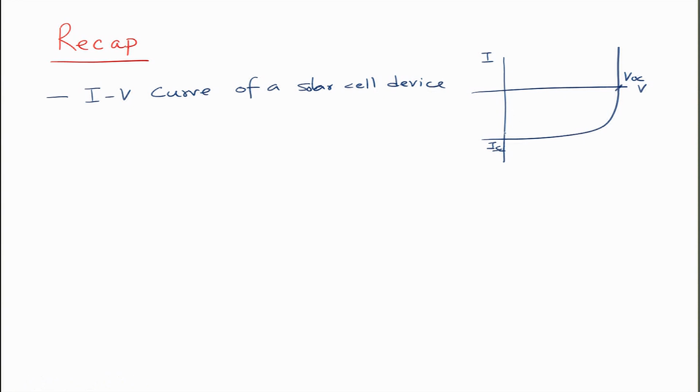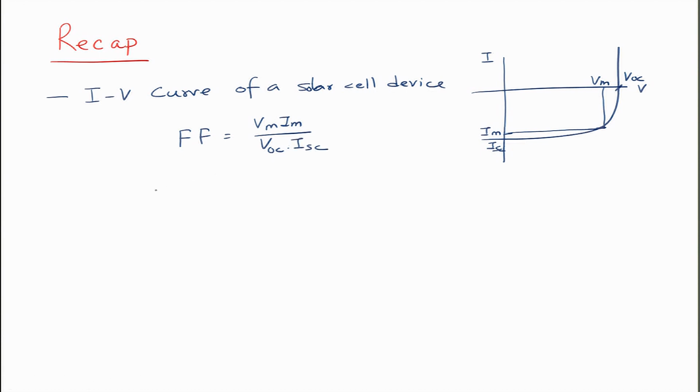And the important thing about this was that the rectangle of maximum area that can be drawn inside the curve determines the maximum power that you can draw out of it. So, correspondingly you have currents and voltages Im and Vm, and the ratio of these gives rise to what we call the fill factor, which is Vm Im divided by VOC into ISC.